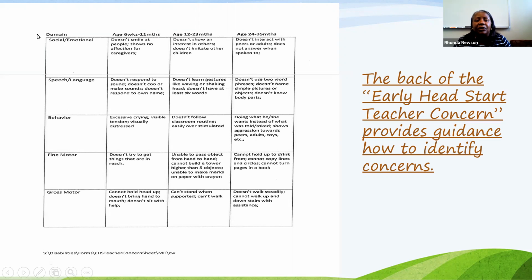So, for example, social emotional, age 6 weeks to 11 months: child doesn't smile at people, shows no affection for caregivers. This is something they should be doing, but they're not. So again, this is a guide to help you fill the teacher concern out. It's not a diagnosis or anything.